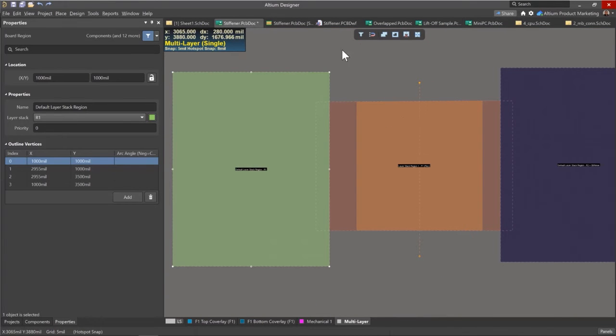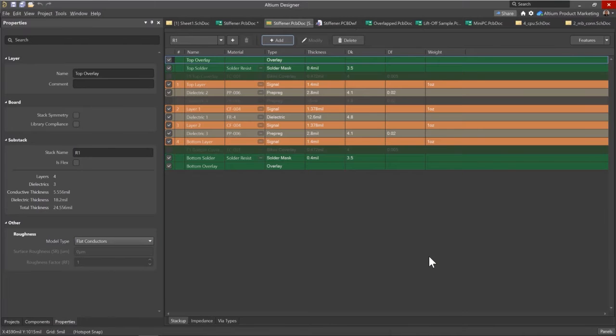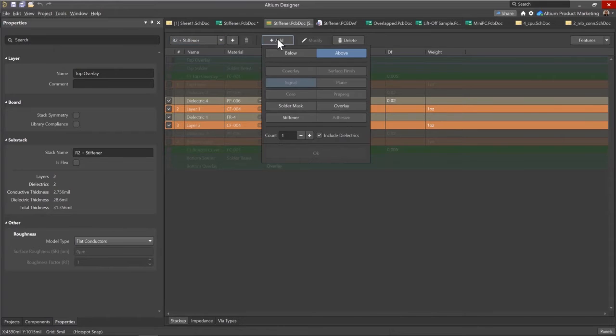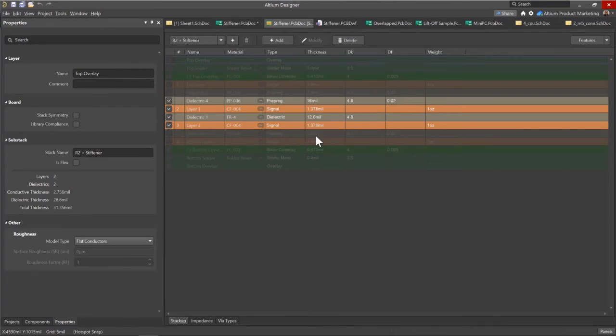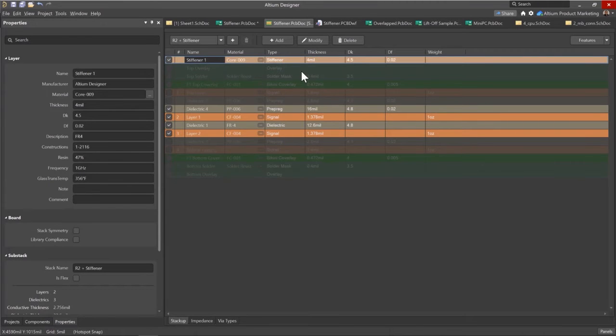So let's go into a little bit more detail in the layer stack manager. I can press DK and open that up. We see here R2, we named it R2 plus stiffener. If you click this new add functionality, you can see I can add the stiffener or adhesive. So here I'm going to add a stiffener, and you can see that it is added into the layer stack